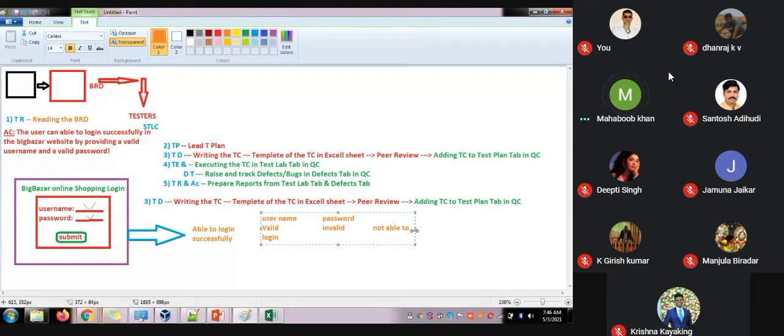If you are using an invalid username and valid password, then also same, not able to log in. If you are using a valid username and valid password, then able to log in.